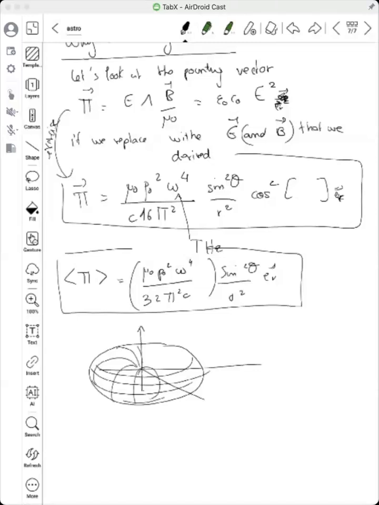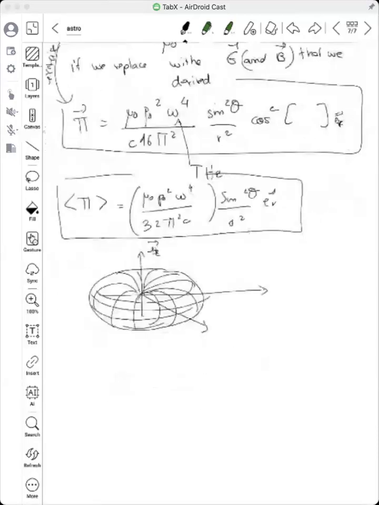Okay, this is how it looks. So it's maximal in the equatorial plane, right? Okay. Now, this is the mean value of the Poynting vector, and